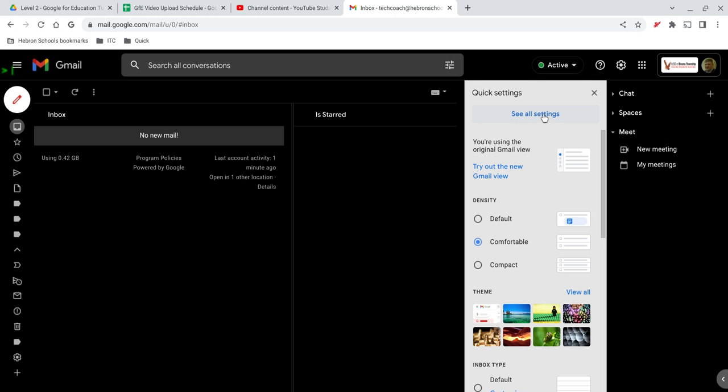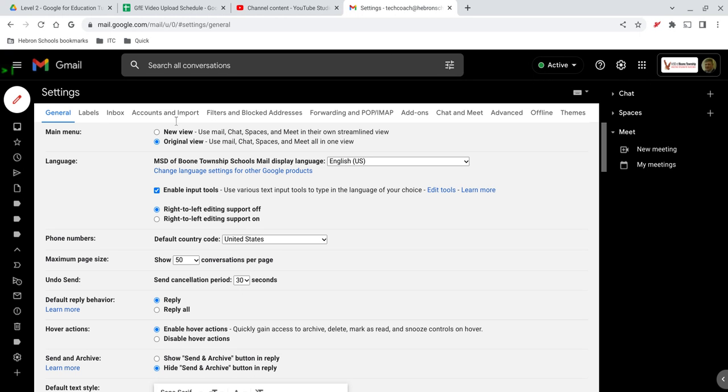But you can also go to see all settings and you'll see a bunch more. Notice there are a bunch of different tabs along the top here, all of which are categories of settings that you can control in your Gmail and its appearance. General settings,